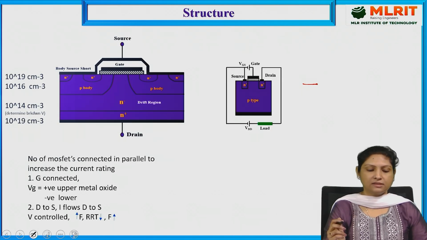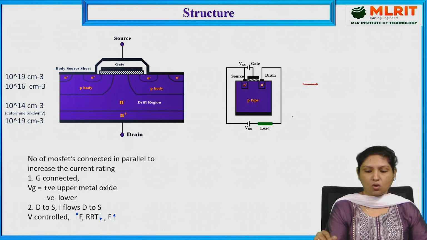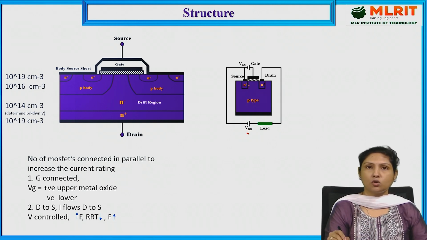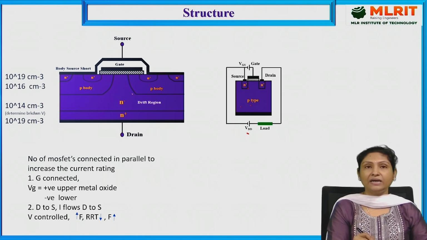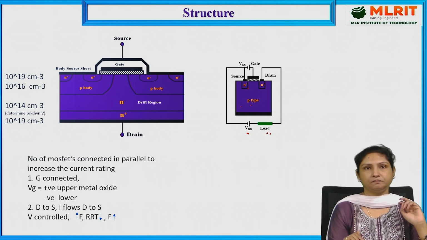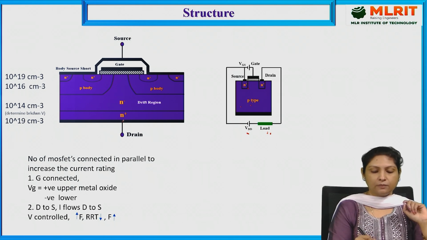And then let us see the structure of power MOSFET. So here there is the normal MOSFET which is being considered, and this is the structure of power MOSFET. This normal MOSFET has got only 2 layers, that is P-type, and the N plus substrate embedded over the P-type layer. Whereas here there are additional layers added when compared to the normal MOSFET. In this power MOSFET, the bottommost layer is nothing but the N plus substrate,